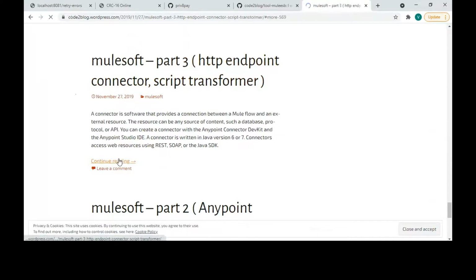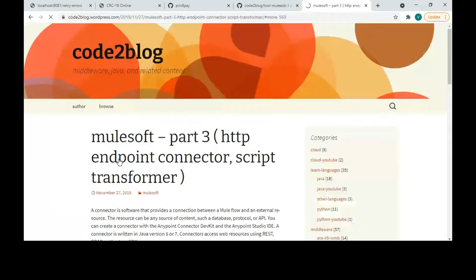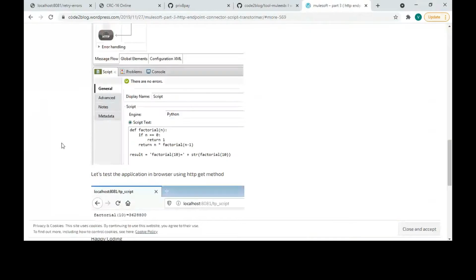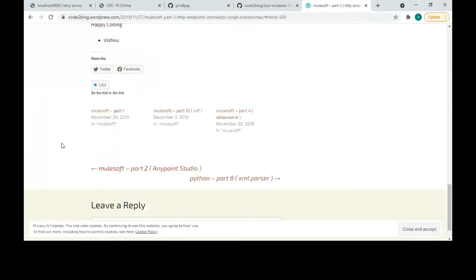And when you click on a particular link, such as part 3, HTTP endpoint connectors and script transformer, it will give you more information on that, along with some pictures.